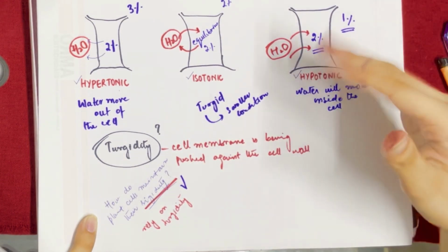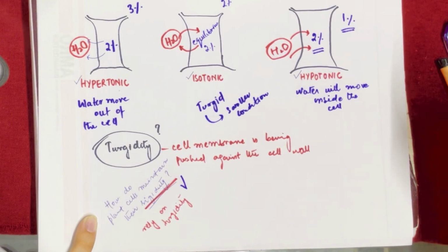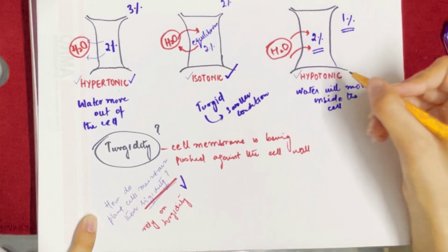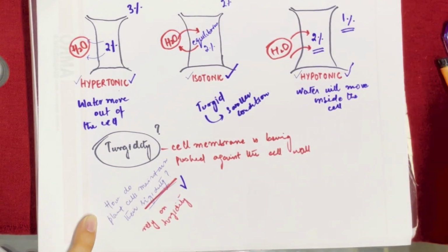This is the overall view of the conditions of a cell when it is placed in a hypertonic solution, when it is placed in an isotonic solution, and when it is placed in a hypotonic solution. You need to learn